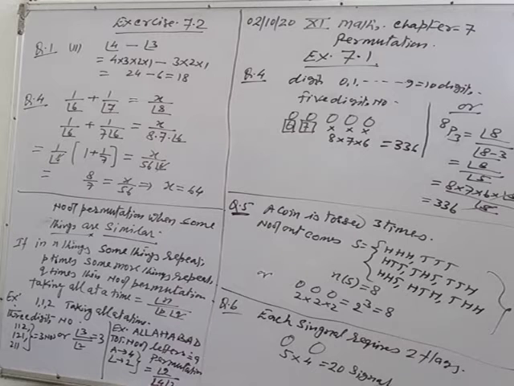From the denominator on both sides factorial 6 you can cancel, then on the left side you will have 8 by 7, and on the right side x by 56. After solving you get the value of x as 64. Okay, so you can do all questions from exercise 7.2 in this way, only you have to break the factorial. Clear? Now see one more topic of permutation.